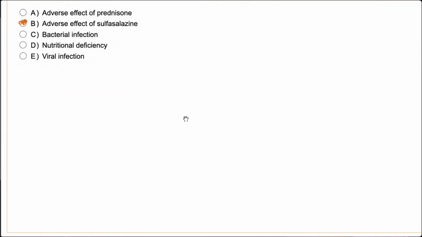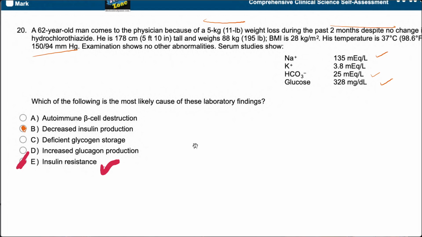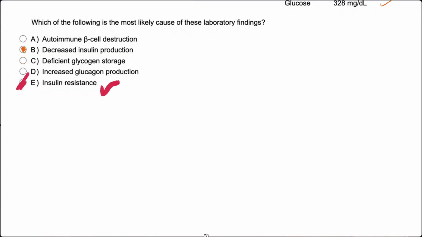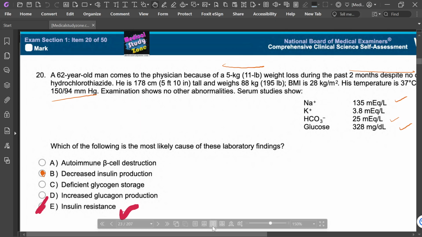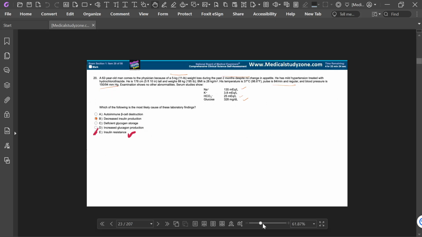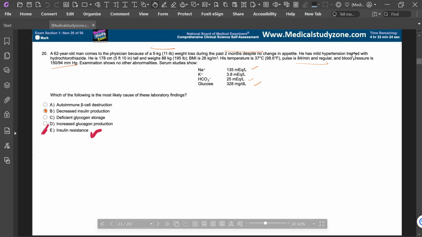Initially insulin resistance develops, and patients compensate with increased insulin production. Over time, insulin resistance continues to increase and eventually results in decreased insulin production